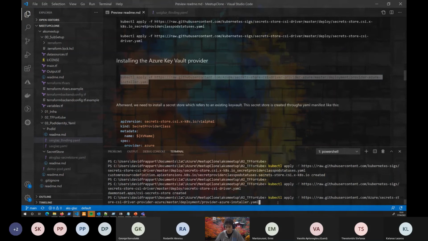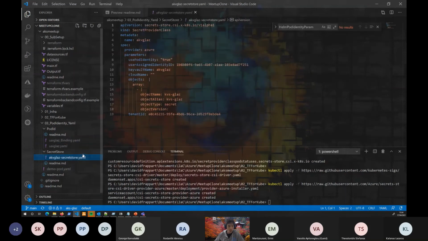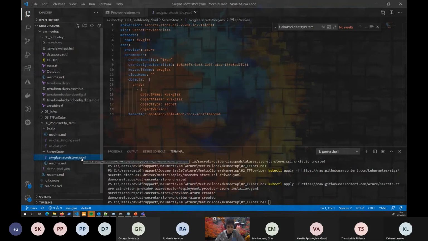So with that, my Kubernetes cluster is able to interact with Azure Key Vault now. Okay, we have another moving part. We need to declare a secret store, which will be the same as we did for our managed identity. We need to create the equivalent object of our Key Vault, not in the Azure control plane, but in the Kubernetes control plane. And this is done with this because I already prepared everything. I have the container storage interface for a secret store and the extension for Key Vault. I can now create a secret store, which is a Key Vault, as a matter of fact.